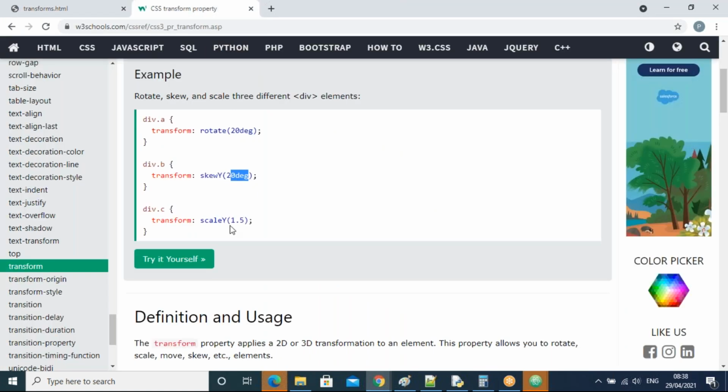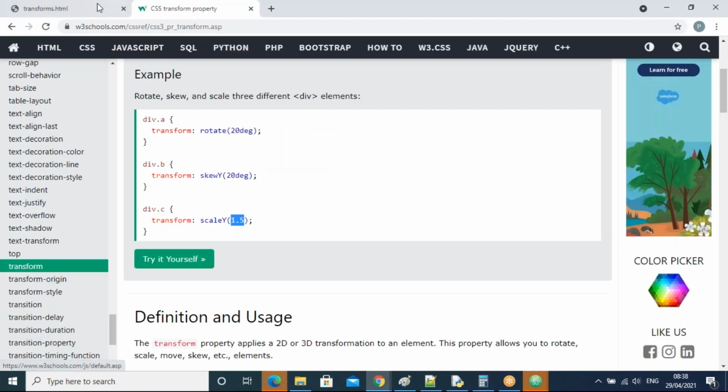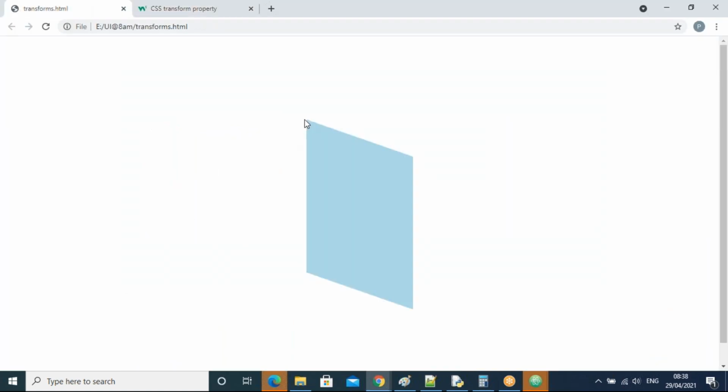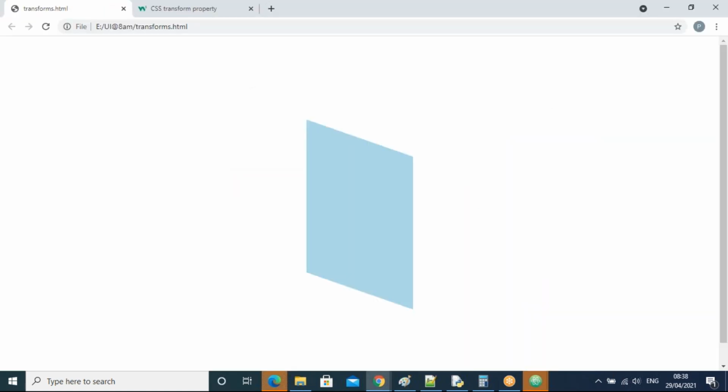Ctrl+S, right? Let me refresh here. Oh yes, see, here they are showing the number also, but it's supporting degrees, 20 degrees. Now what is happening here? 20 degrees came. Now suppose I take 10 degrees here. Okay, I take 10 degrees only. Then let's go there. Now all of you observe.